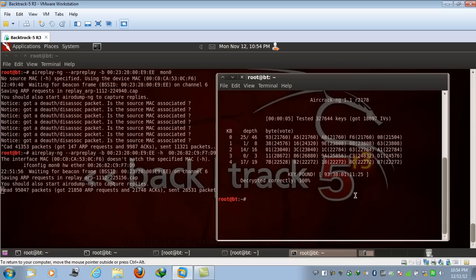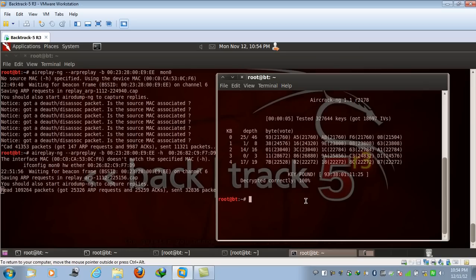So this is the original WEP key that we will be using for actually decrypting the packets. If somebody is interested in connecting to the access point Dreams Pavilion, right now you can see this is the key, 9338011125. This is the actual key. When you feed this key into your Windows machine, you will be able to connect to Dreams Pavilion. Now what I am interested in is showing how to decrypt the packets.